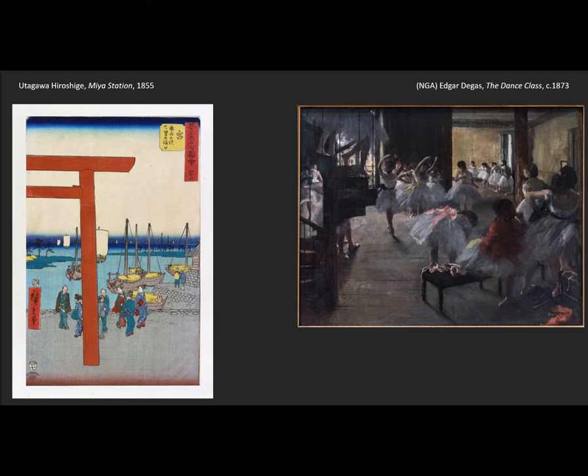And you can see here the degree to which Hiroshige is blocking the scene, right? He gives us the scene of a harbor with people moving past him, and then he throws up that red gate, and it just gets right in the way. And Degas responds to these. Right? And this brings up, we'll look at this and we'll sort of look at one more